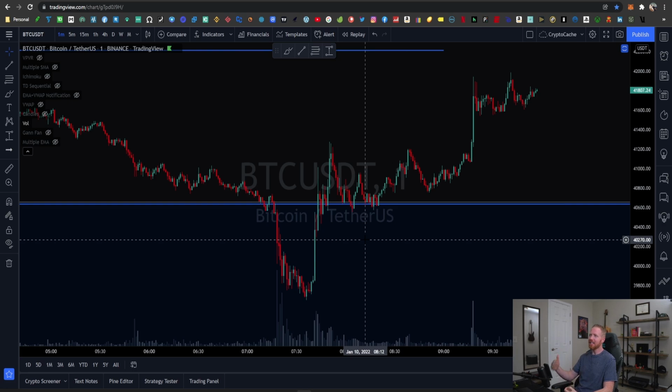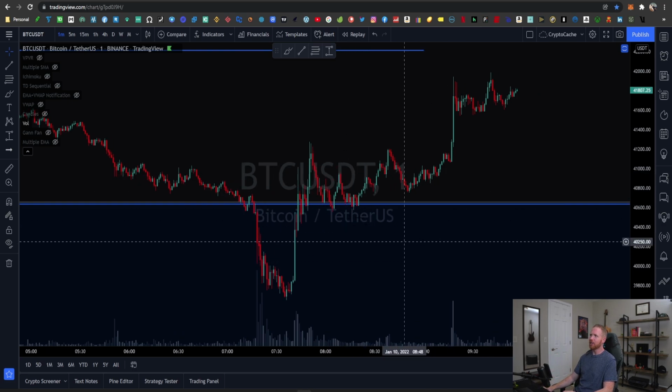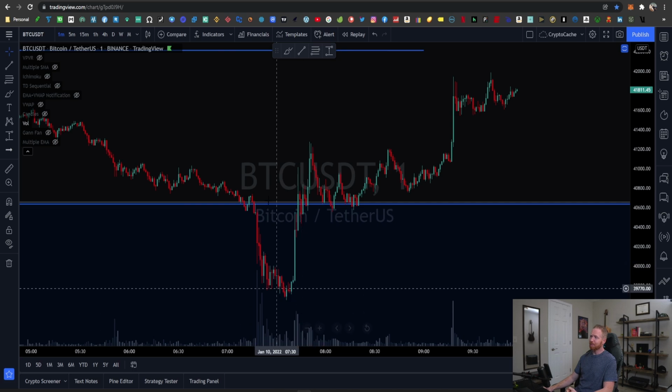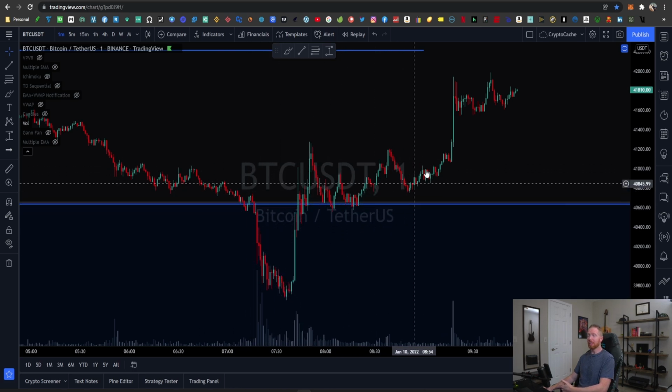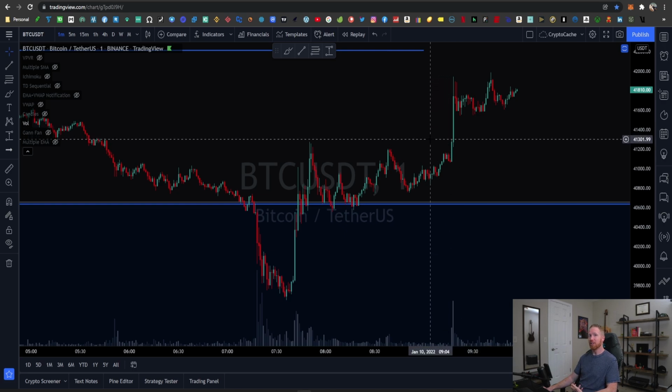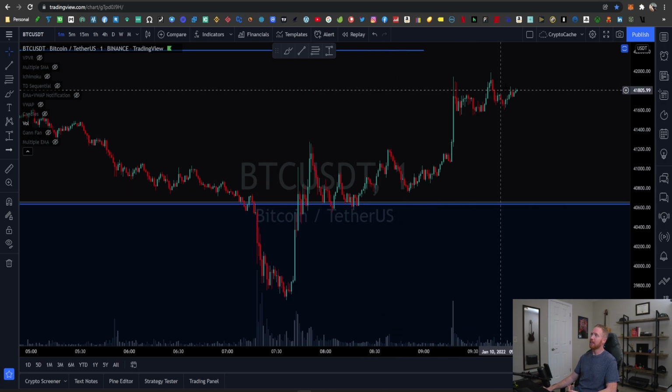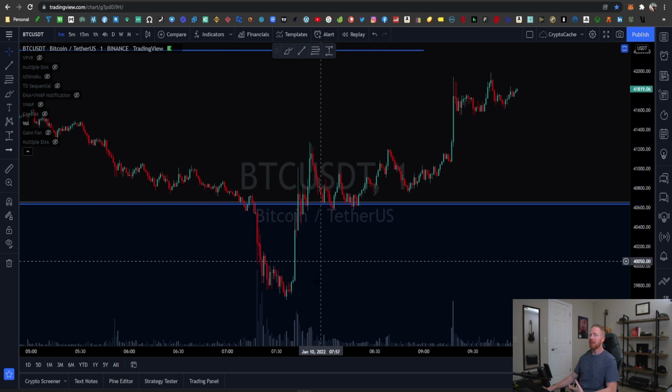Right now, I think the overall sentiment is that we're still bearish, and I think that this could be a potential bull trap where they jack up the price, have you convinced that it's a nice support level, and then have a bunch of folks adding to their position at this level, and then of course sell it off. So be cautious in what you're doing.